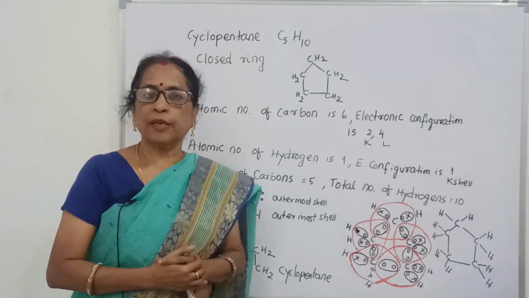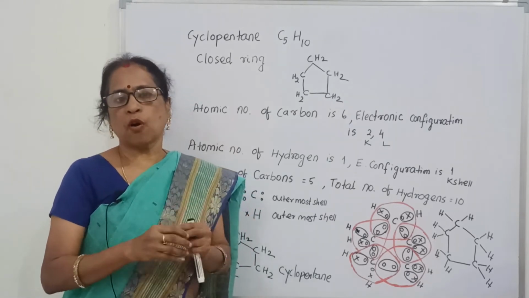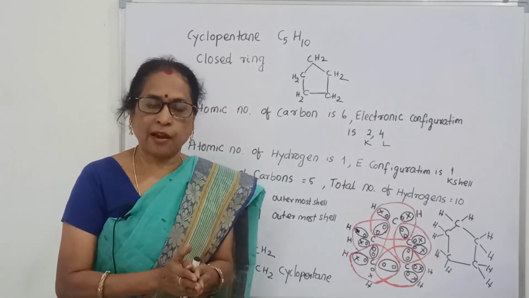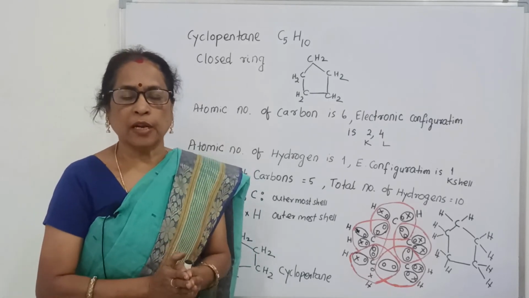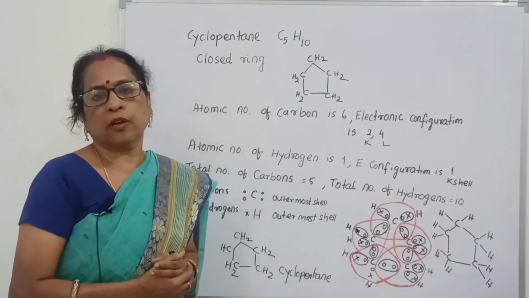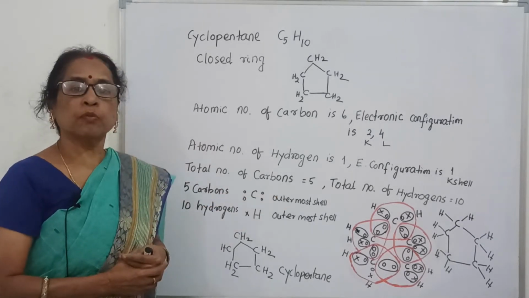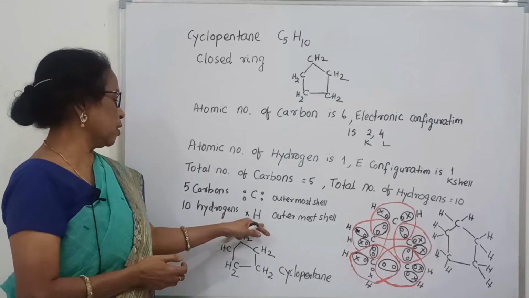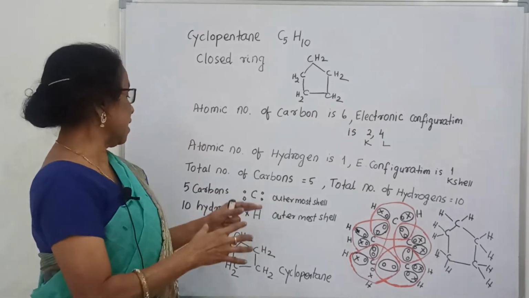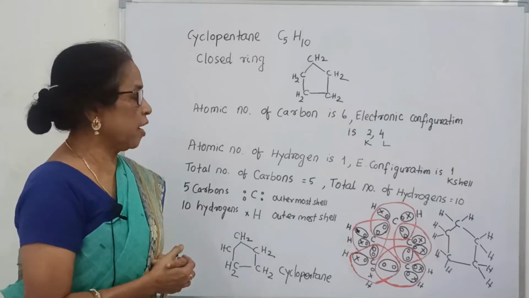I told you what a covalent bond is. Covalent bond is formed by sharing of electrons. One covalent bond is formed by sharing one pair of electrons. When 2 electrons pair, it gives one single covalent bond. If there are many covalent bonds, that means the same number of pairs of electrons are shared. Now the 5 carbons each contain 4 electrons in the outermost shell. Similarly, the 10 hydrogens each contain only 1 electron in the outermost shell. Now the 5 carbons and 10 hydrogens are used in such a way that they form